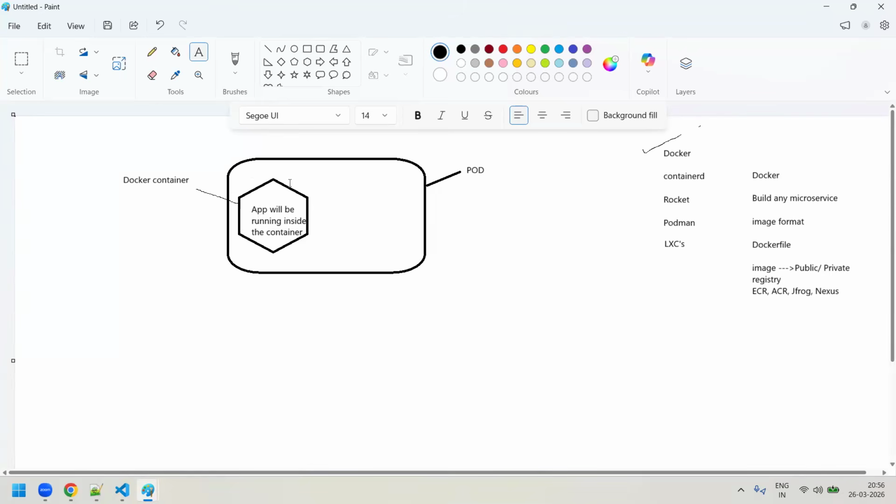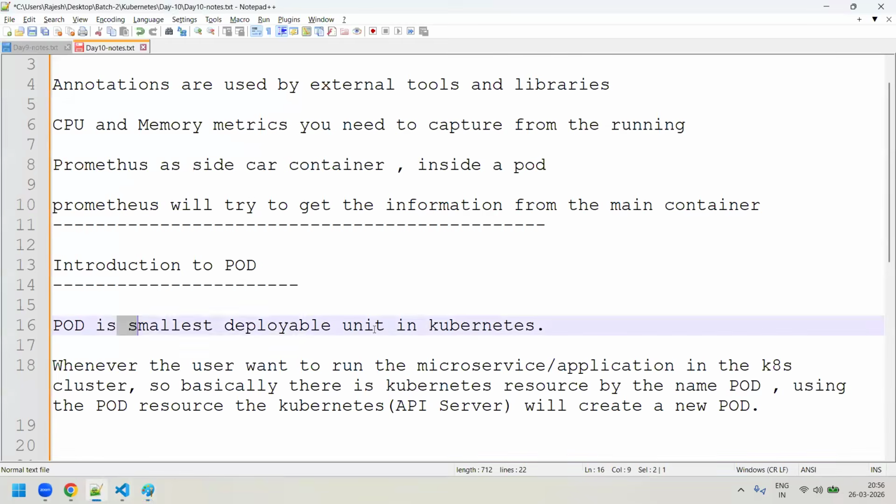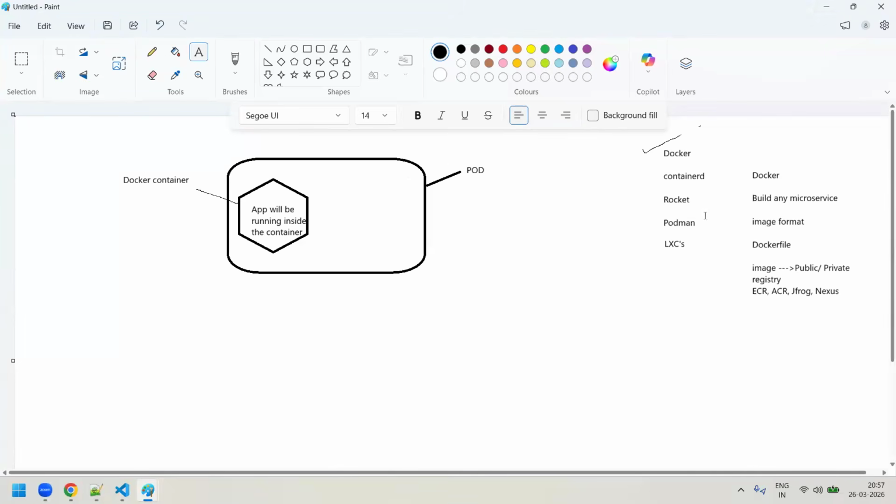right? And this container will be inside a pod. Now, what is a pod basically? As I said, a pod is the smallest deployable unit in your Kubernetes. It means that whenever you want to run any application, you have to have a pod. It is like an outer layer, or nothing but a wrapper. Inside this wrapper, a container will be running. And whenever a pod gets created,